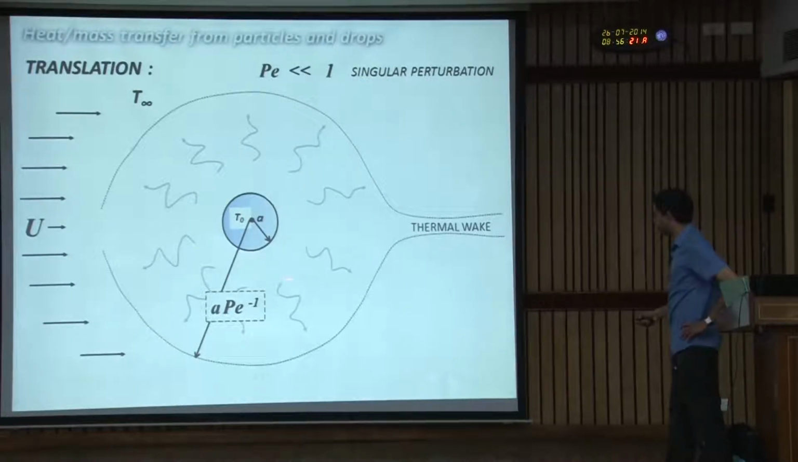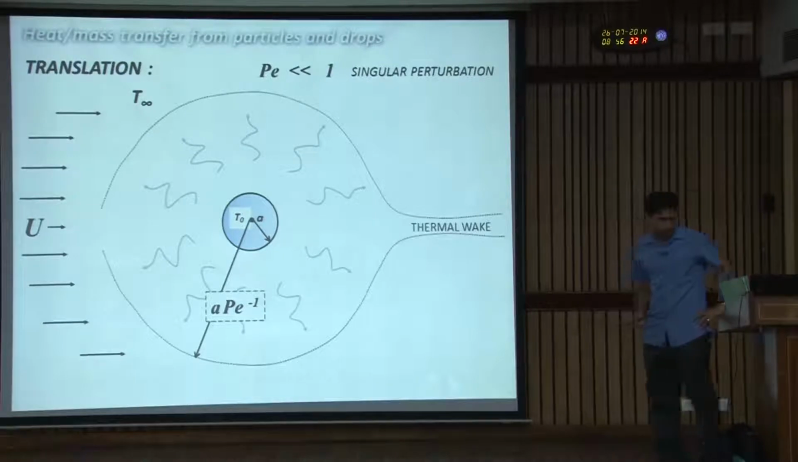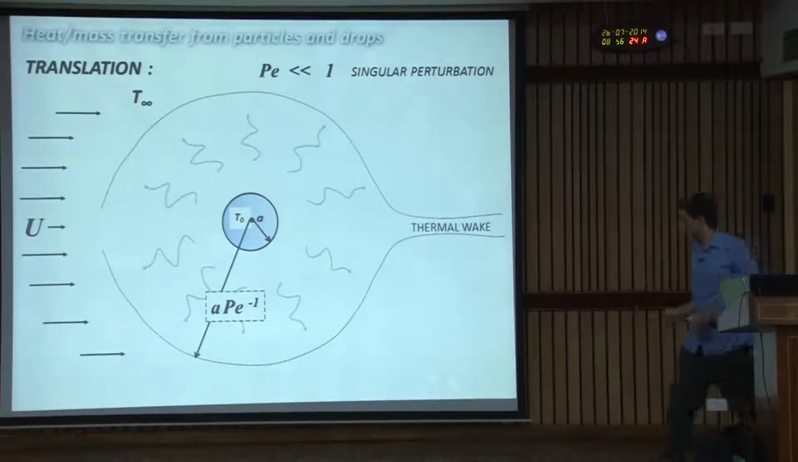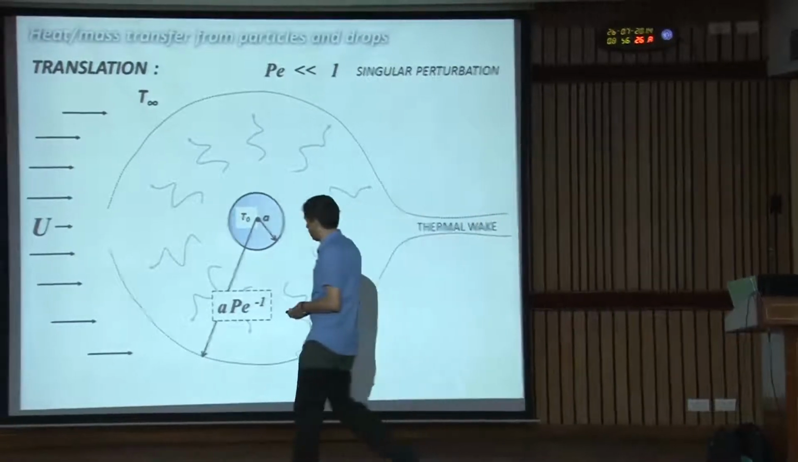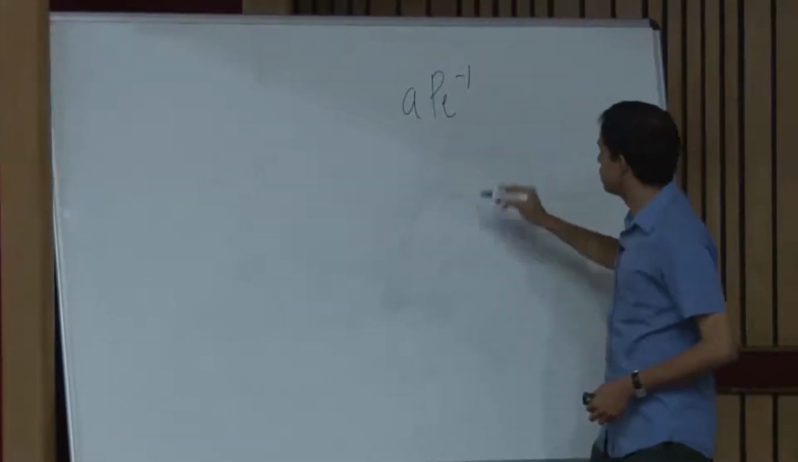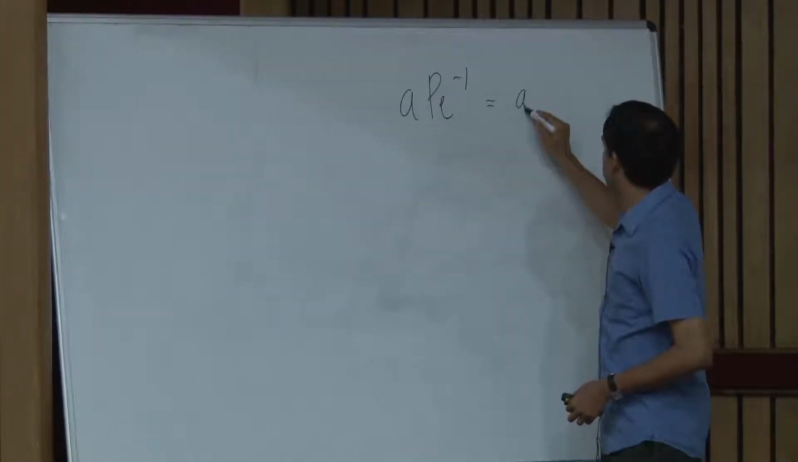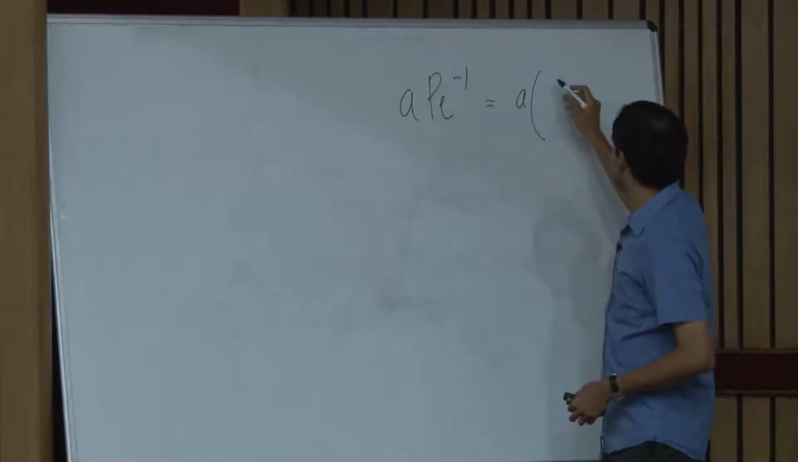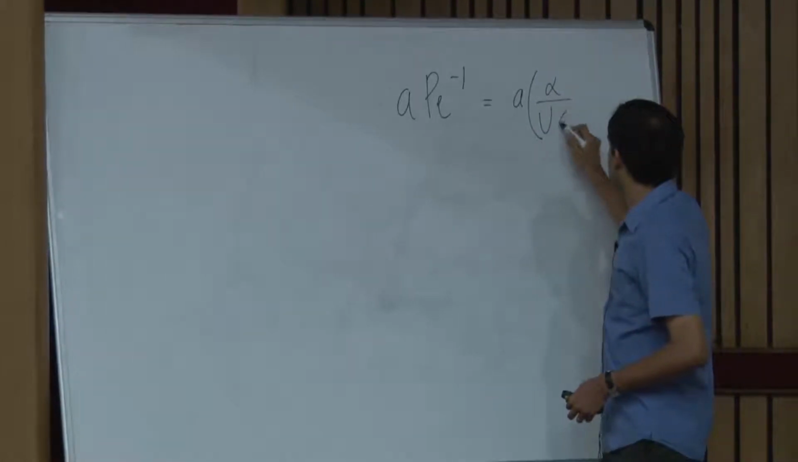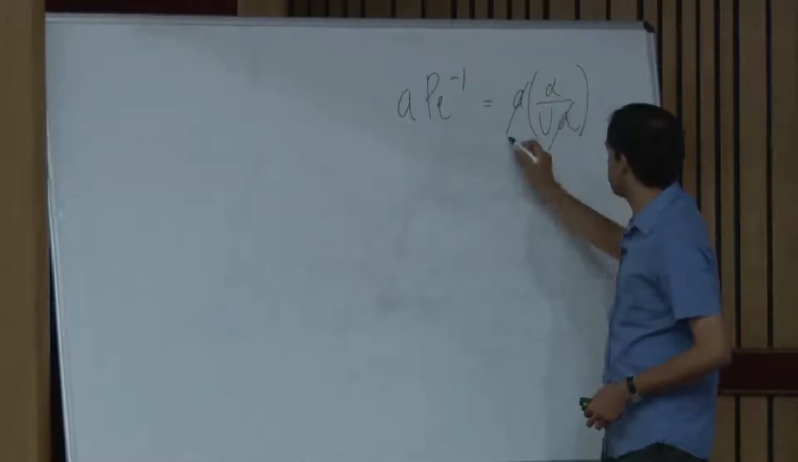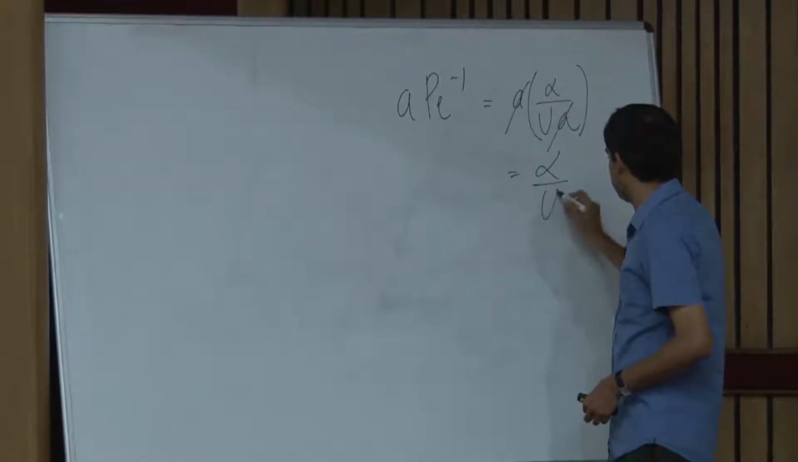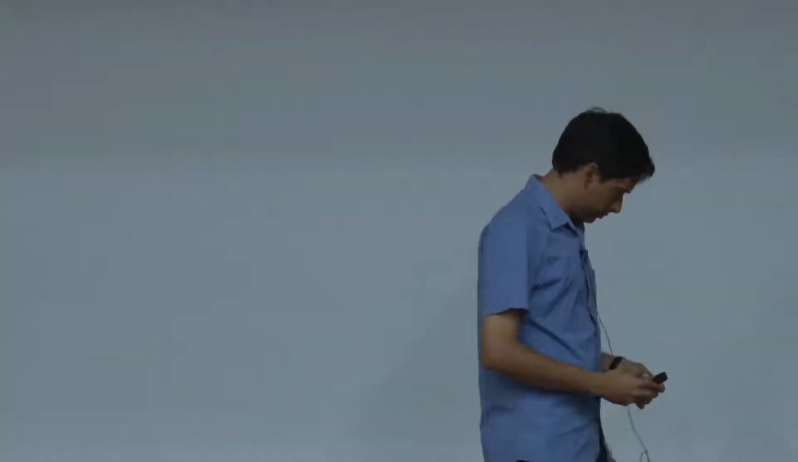Okay? Now, how do you know this? It's just a dimensional argument. A Peclet inverse, though it seems to depend on A. I don't know if you people can see if I write something. If I just use what Peclet is, then it's going to be A times alpha by UA. So the A's cancel out, and I get alpha by U. Okay? So which means